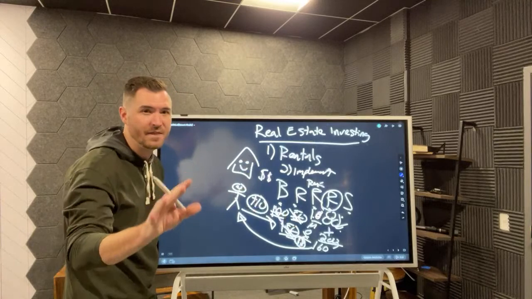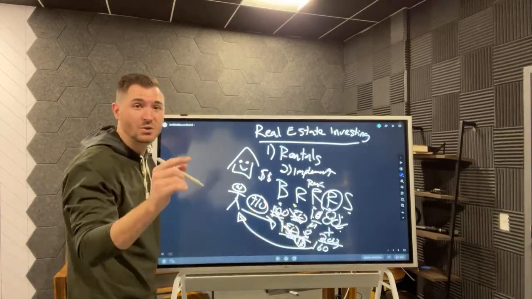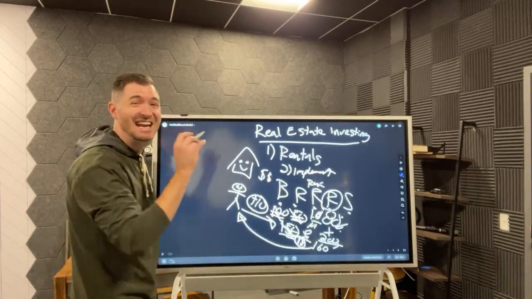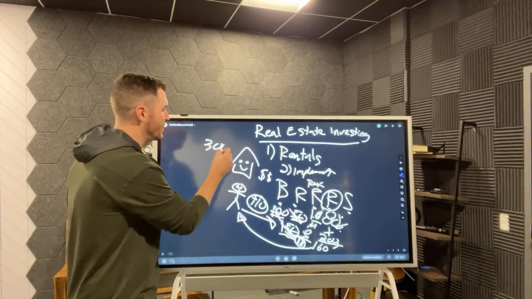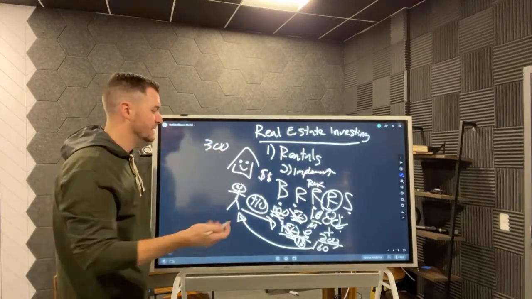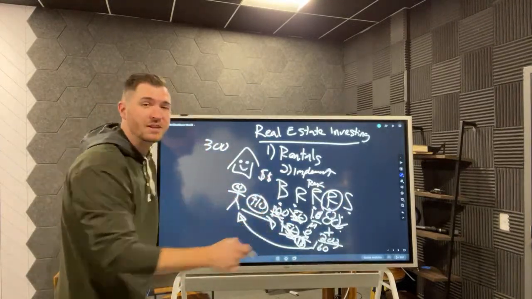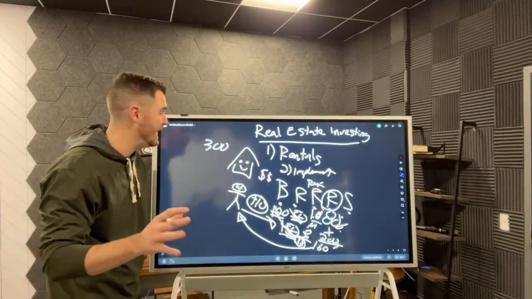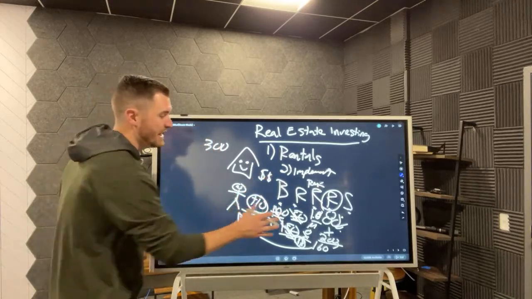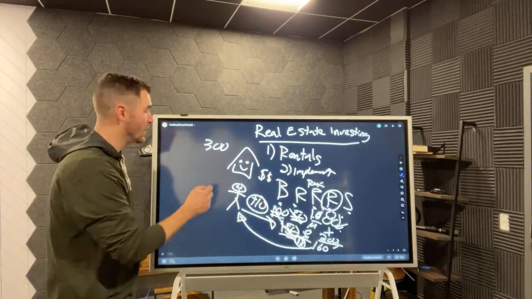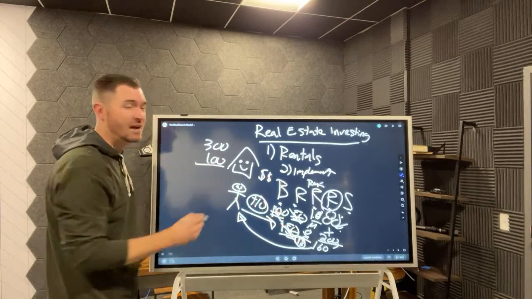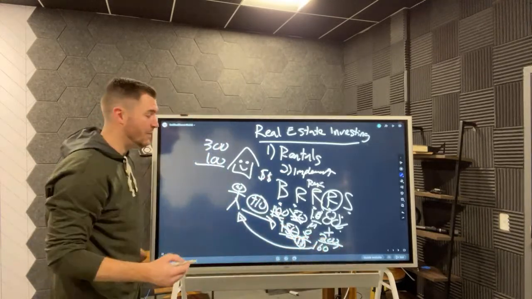If you're going to pay attention to one thing, do it right now. Right now, the house is worth $200,000. In 10 years, the house is going to be worth $300,000 minimum. It's probably like $350, whatever. Let's be conservative. It's worth $200,000 today. I didn't use any of my own money to buy it. In 10 years, it's going to be worth $300,000. In 10 years, that $160,000 mortgage is going to be paid down to $100,000. So that 40 grand equity turns into